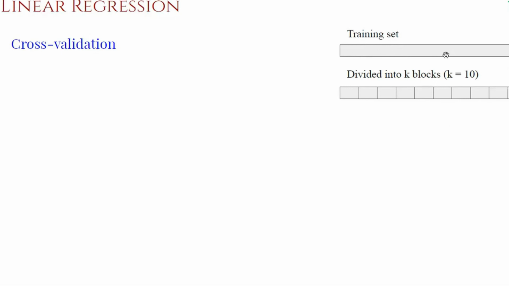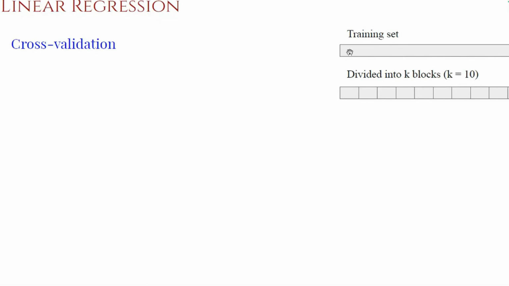So we take our 80, this is our 80% training data set. Let us assume we have initially 100 participants. Then this is the 80 participants' details, because 80% is our training data set. And now we perform a 10-fold cross-validation. In that case, what we do is divide this into 10 equal blocks.